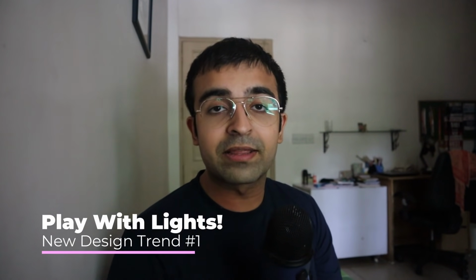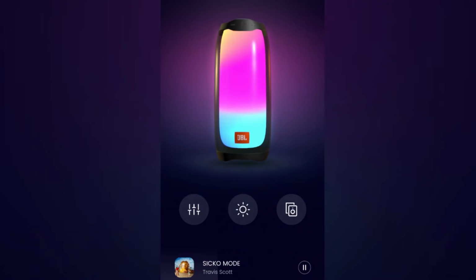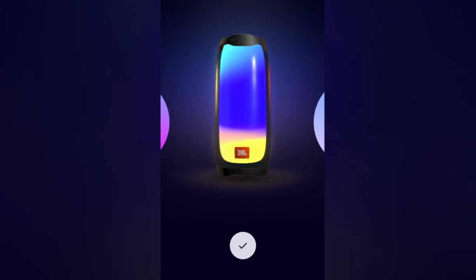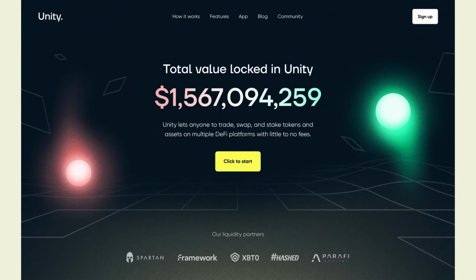So the first one is a play on the gradient trend that we saw earlier this year, where there were these different gradients blending into the background. And the fun thing is that it acts as a background. There's no UI elements that are built around that, and oftentimes that's what is difficult because developers aren't able to always develop that in time. This will be much easier to implement than say something like neumorphism.